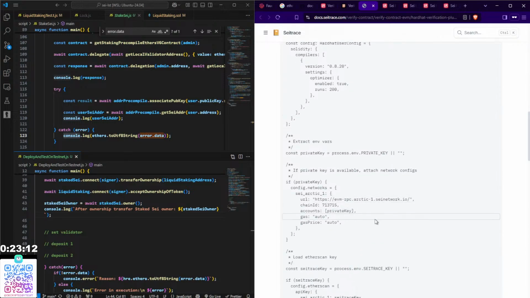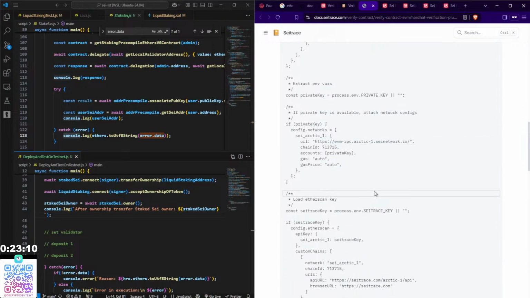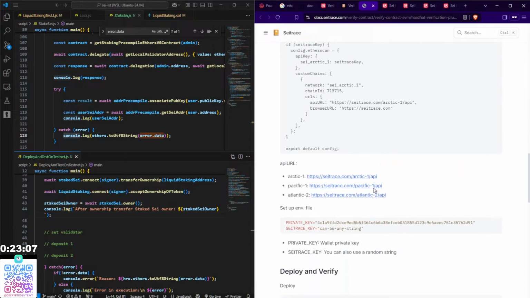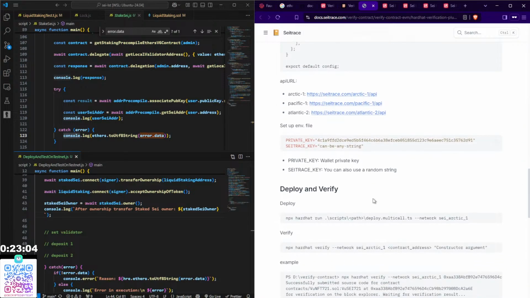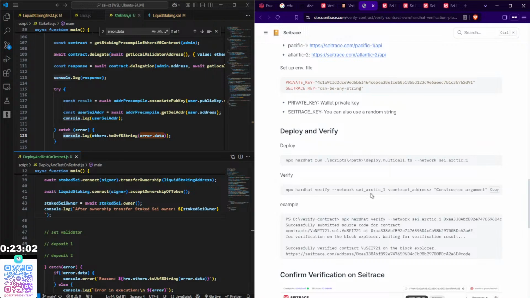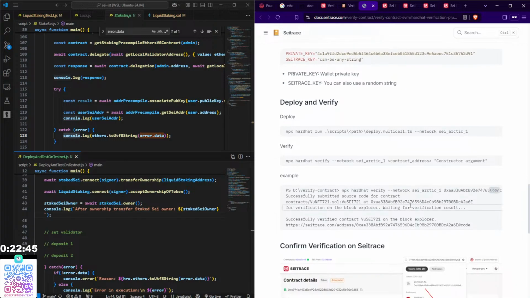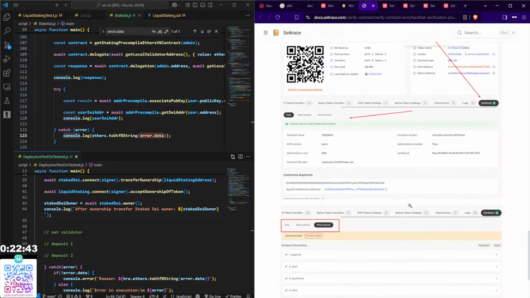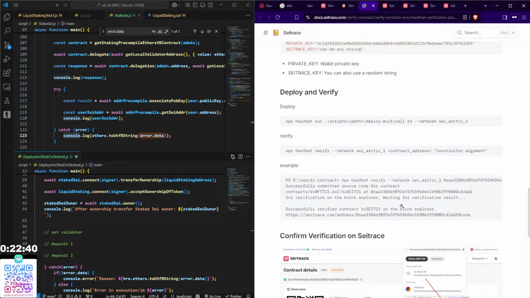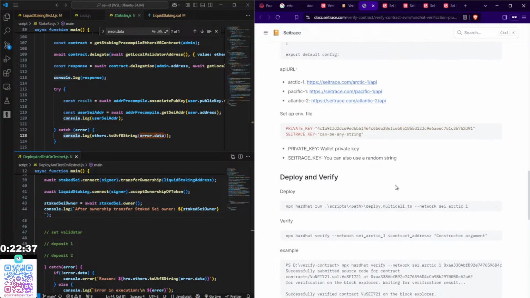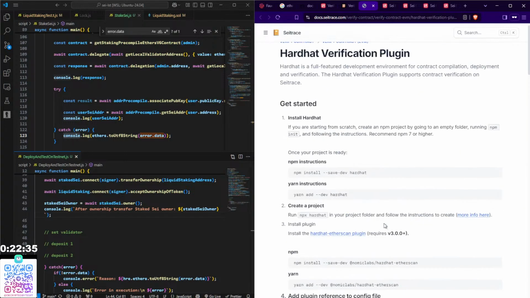Private key, we can ignore that. Hardhat constructor, deploy verify. Okay, okay, can't we just do like